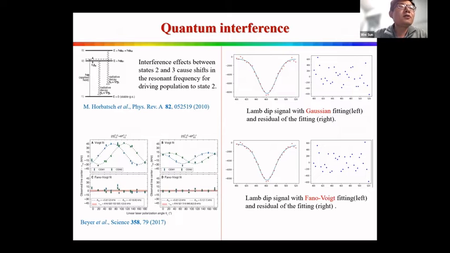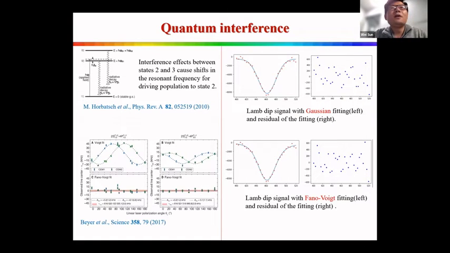In their work, they took into account the quantum interference and found that the real line shape should be a Fano-Voigt line shape. By fitting the experimental data with this line shape, the shift was drastically removed. So in our work, we also used the Fano-Voigt line shape to fit the experimental data,